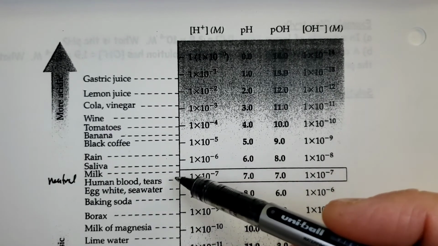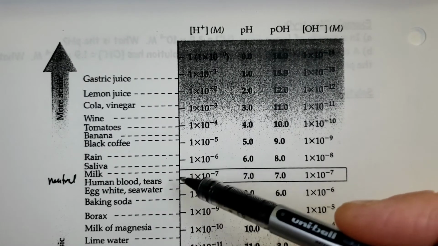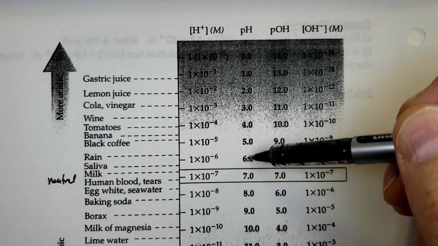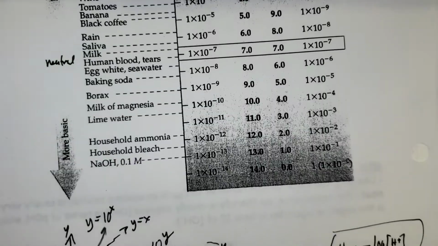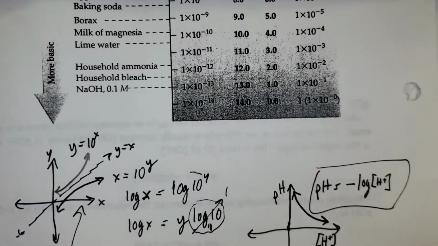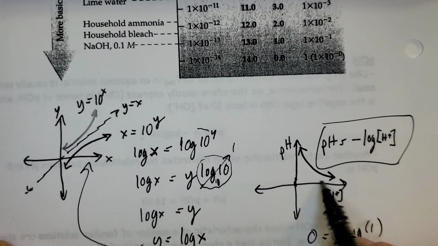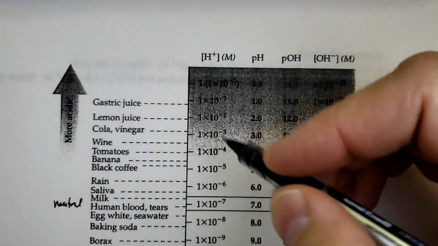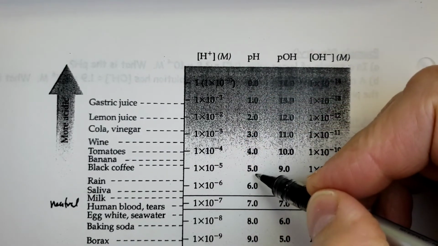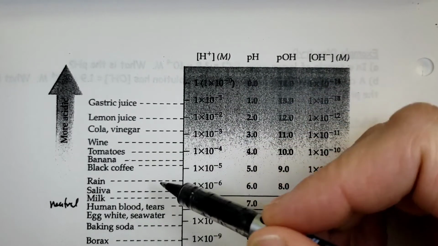Water is around there. Human blood is very close to there, etc. Now if I go more acidic, by lowering the pH, remember this graph that you wrote down on here. If I lower the pH, that means more acidic. So my H gets bigger, pH gets smaller. So over here you can see the H is getting bigger, bigger, bigger, bigger. pH is smaller, smaller, smaller. So getting more acidic,